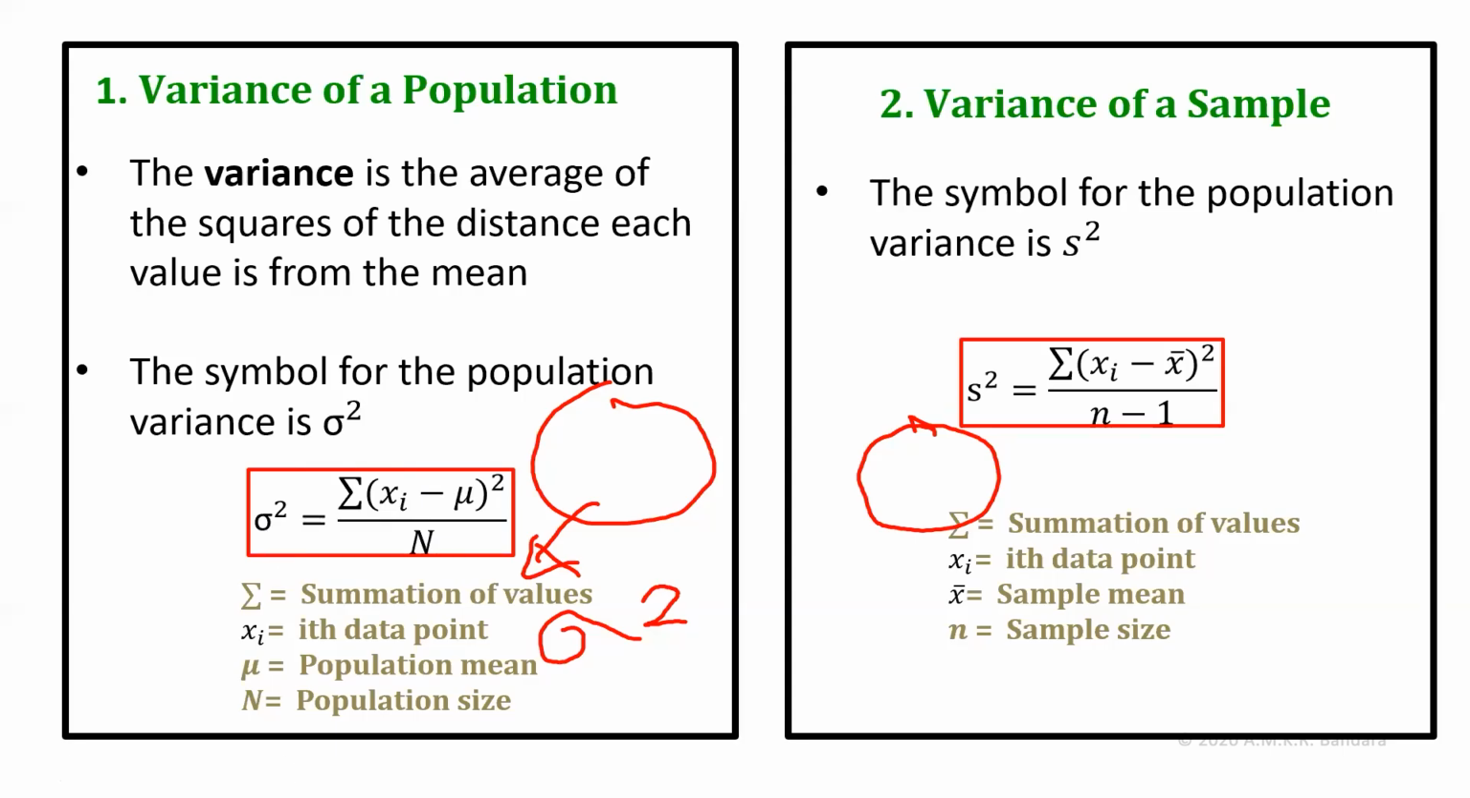If your data set comes from a sample, that variance is denoted by S square. The formula is similar, except here the divisor or denominator will be the number of observations less 1 in the sample. If we have 10 observations in the sample, the denominator is 9. That is 10 minus 1. This is because